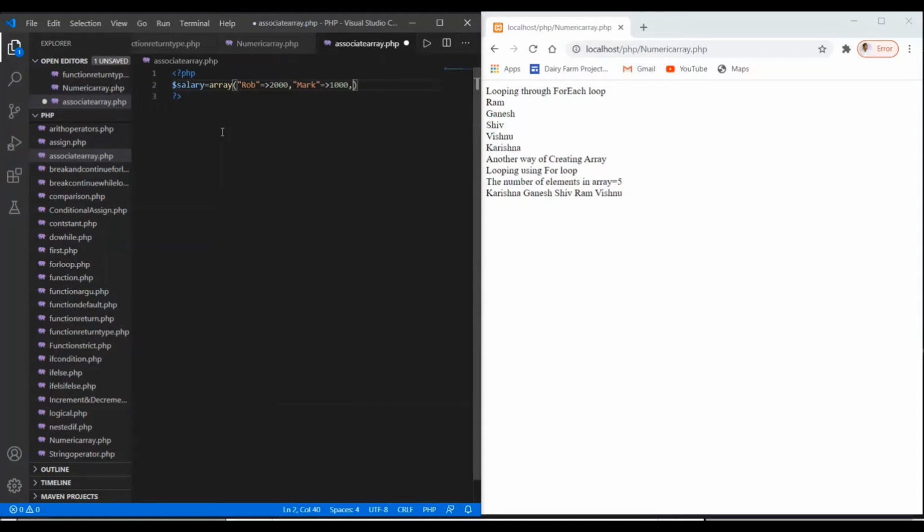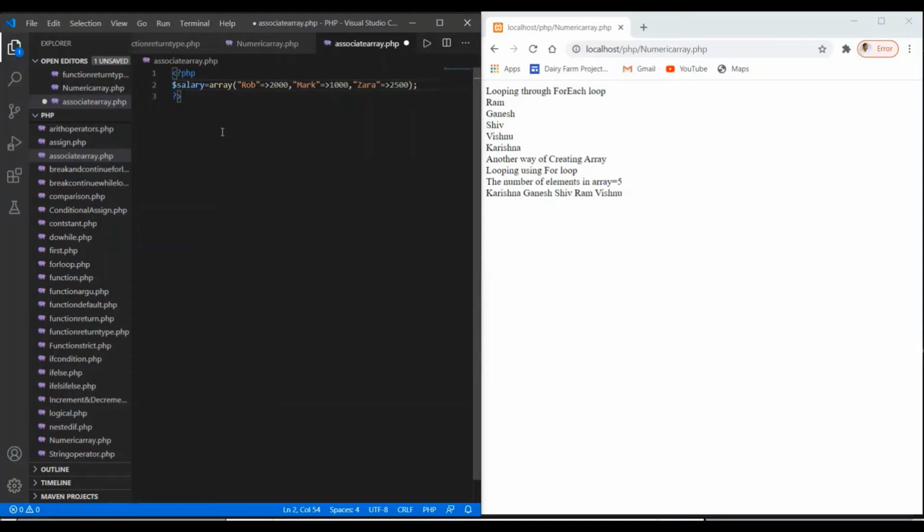Then I'm using another name, Zara, and to that I'm associating a value, say 2500. Okay, save this. So this is the way of declaring the associative array.